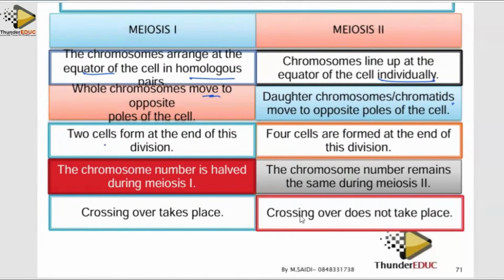You see, 2 cells are formed at the end of meiosis 1, that is telophase 1. Then 4 cells are formed, so that is telophase 2. You see, chromosome number is halved, that is 1 nuclear division. Chromosome number is maintained here because the nucleus does not divide the number of chromosomes; it is the chromosomes themselves that separate into chromatids. Here crossing over takes place, that is prophase 1, and here there is no crossing over,